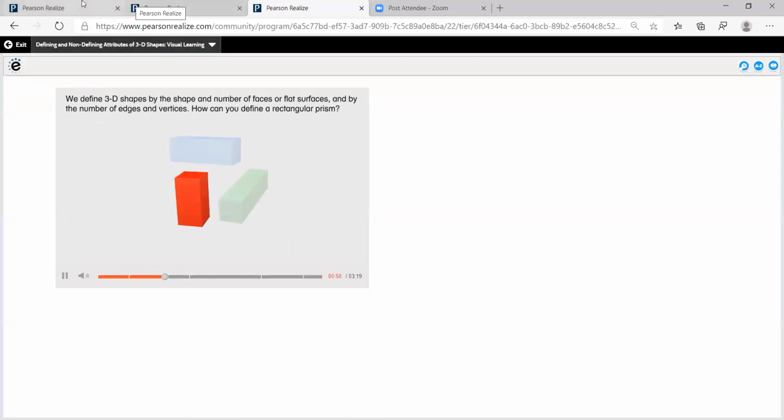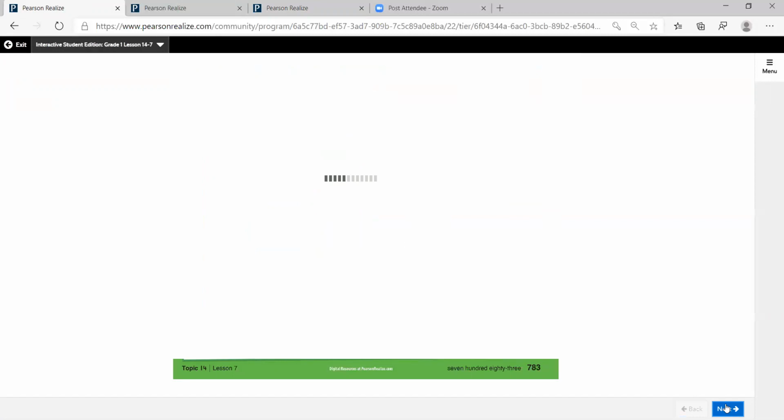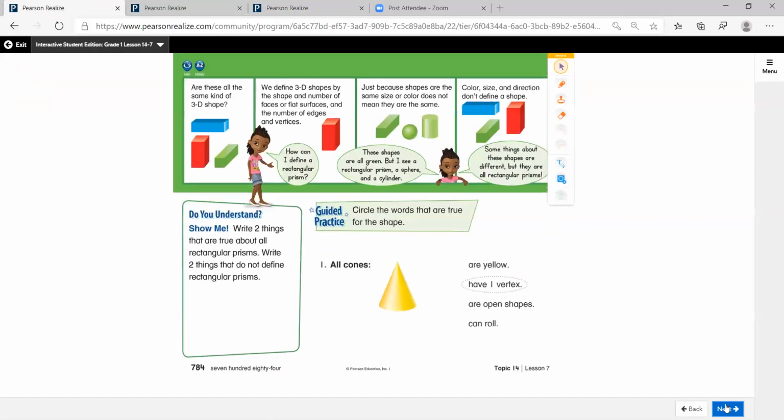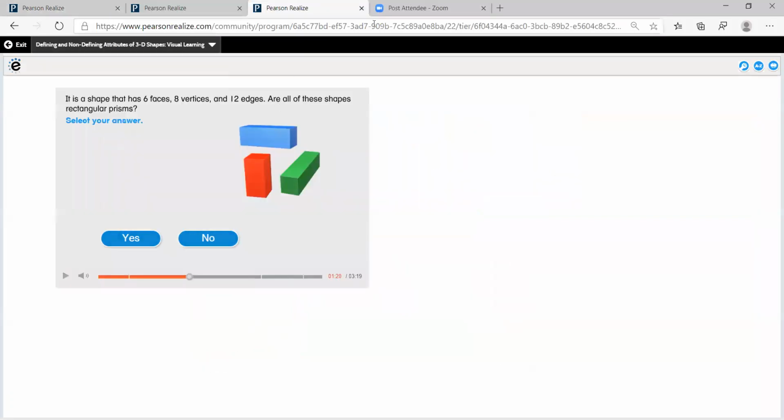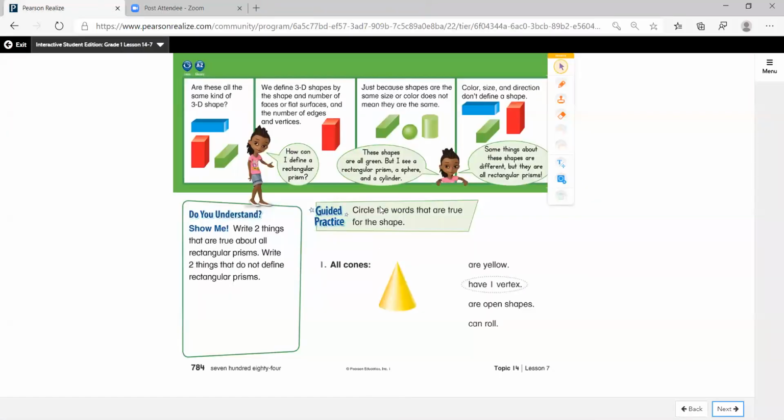Let's go back now to our lesson. We'll continue on. Take a look at your Do You Understand box. Show me. Write 2 things that are true about all rectangular prisms. Write 2 things that do not define rectangular prisms. Let me just close out of our video so I can make sure that you're on the correct screen. Okay, so